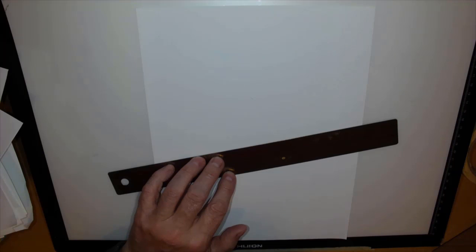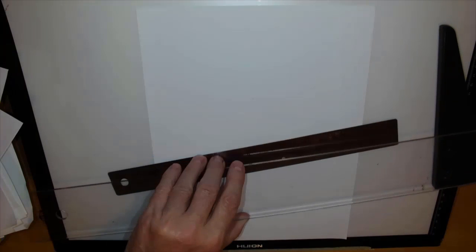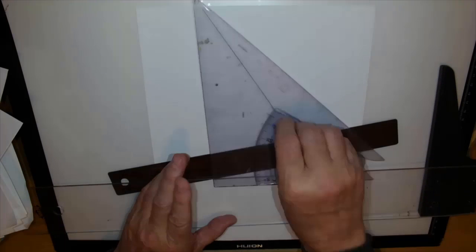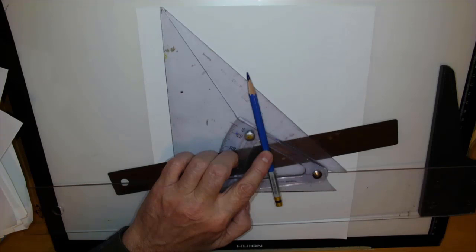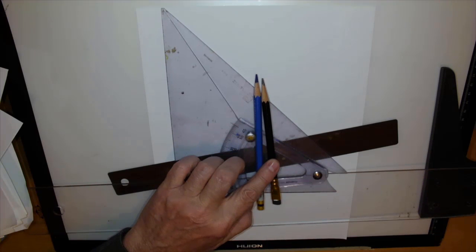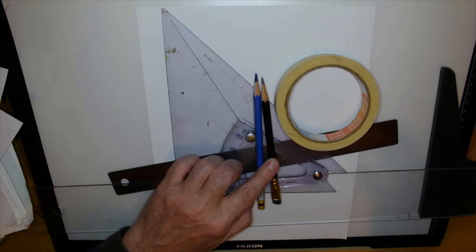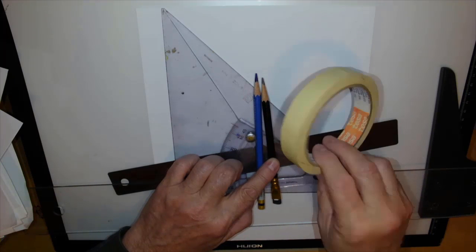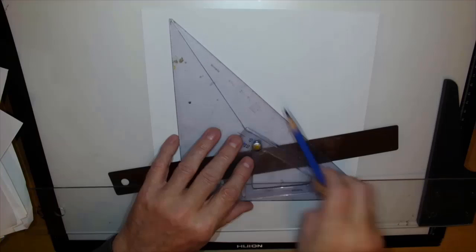On top of that we're going to be using our T-square, a set square. You'll need blue pencil and a lead pencil, and last but not least, of course an eraser, but last but not least is tape. I've got masking tape. Any tape will do, but I'll go through the process and see how all this will work out. So I'm going to start